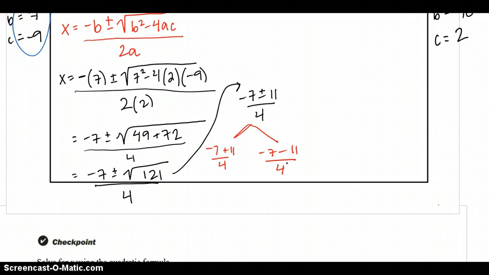Do you guys see that? Yeah. Right, so now I can just solve each one of those. Negative 7 plus 11 is 4 over 4, which gives me a solution of 1. And over here, negative 7 minus 11 is negative 18 over 4, which gives me a solution of negative 4.5, right? Negative 4.5. So I still get 2 solutions, 1 and negative 4.5 for x. Okay. Question